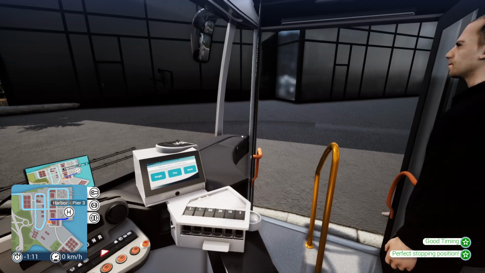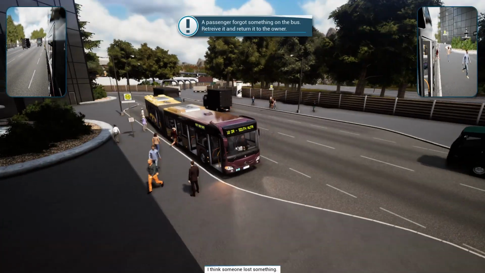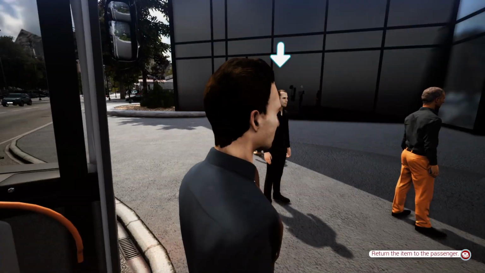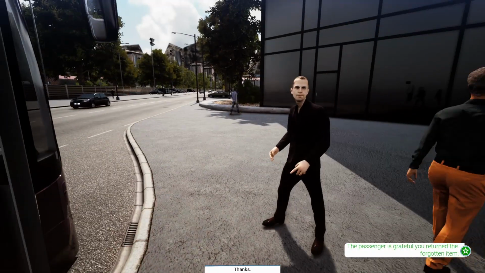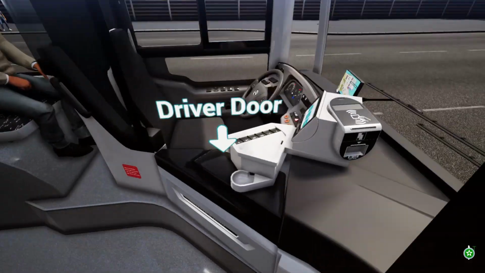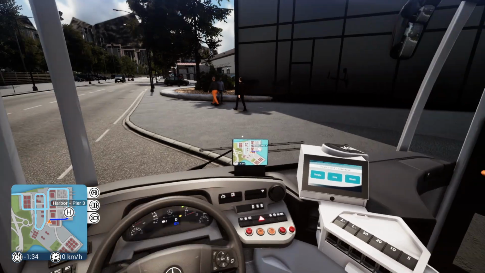Oh, and the doors at the back. Don't forget them. I think someone lost something. Oh, bloody hell. Where are they? Oh, is it you? Thanks. Why have you got... What on earth's happening there? Well, don't know what that was all about. I'm a little bit freaked out by it, I'm not going to lie, but...